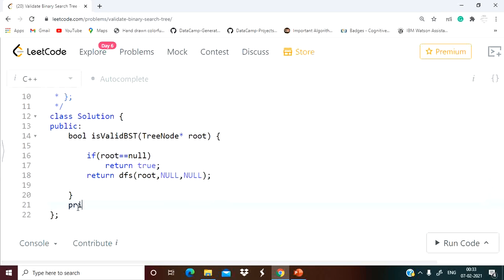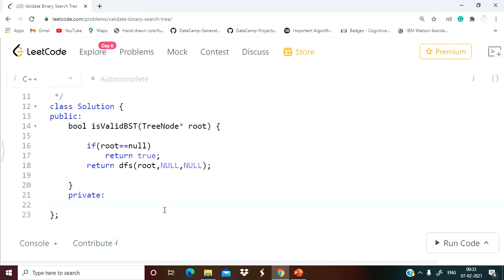So here we have a private function, so it is going to be of bool type, bool dfs, and tree node pointer root comma tree node pointer min, tree node pointer max, right?